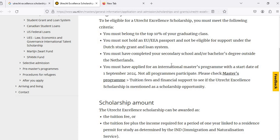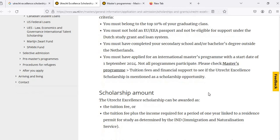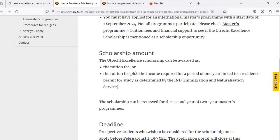You must have applied for an international master's program with a start date of 1st September 2024. Not all programs participate. Please check master's program. So I will just click this and open in another tab for now. Tuition fees and financial support, to see if the Utrecht, okay, let's just go down to see what the scholarship